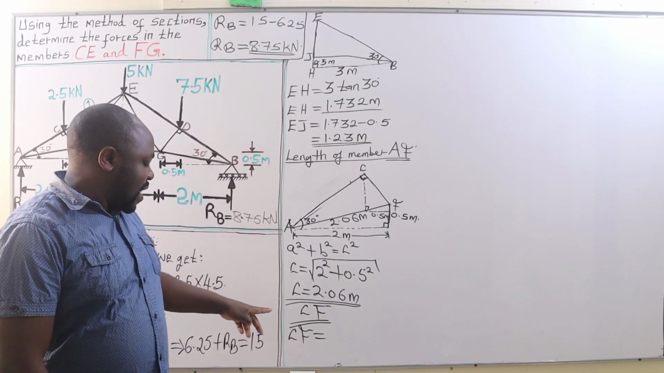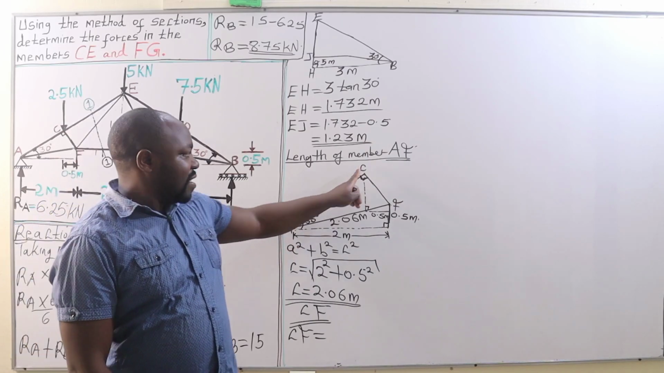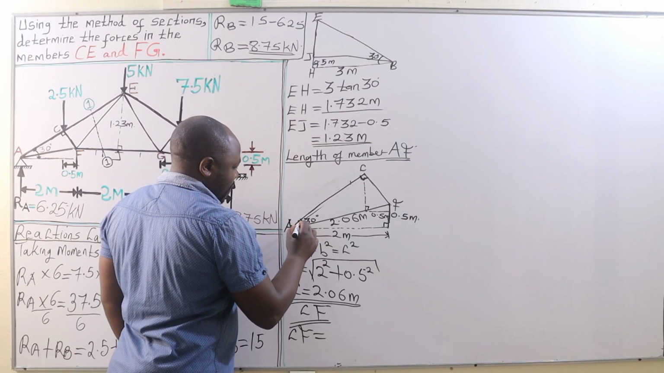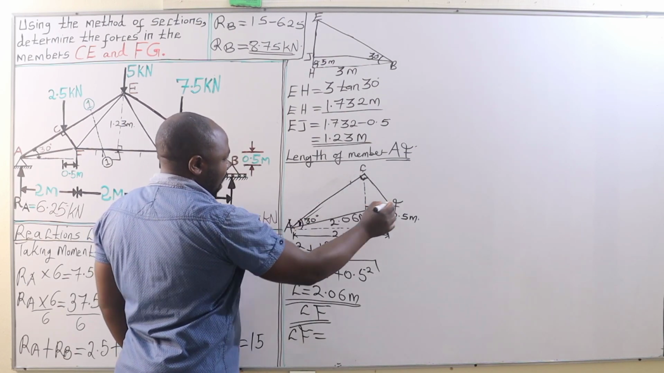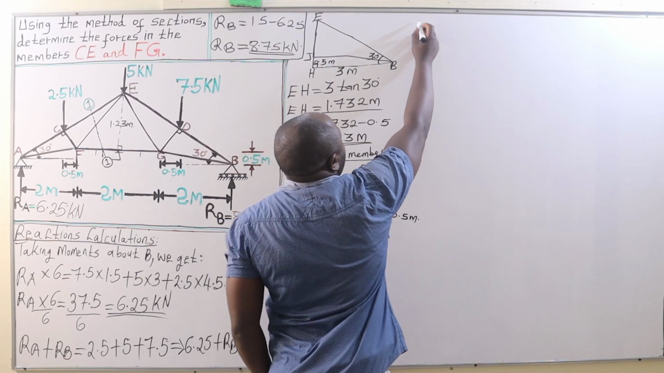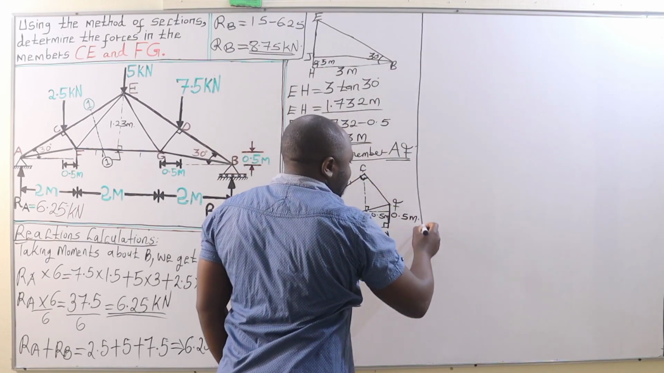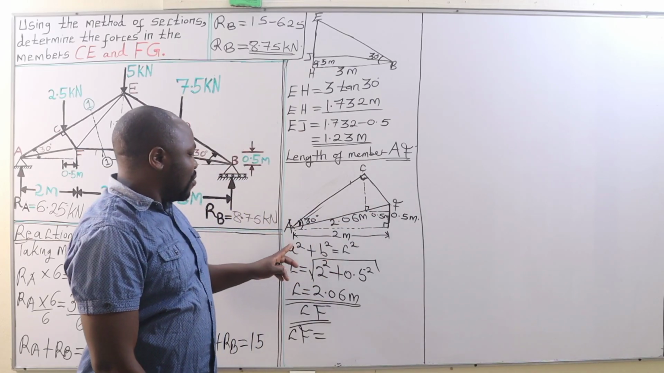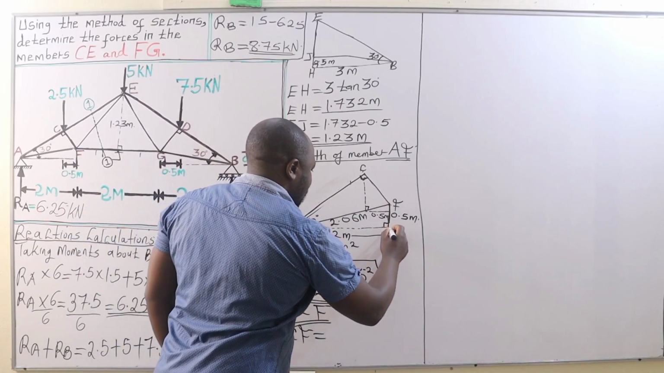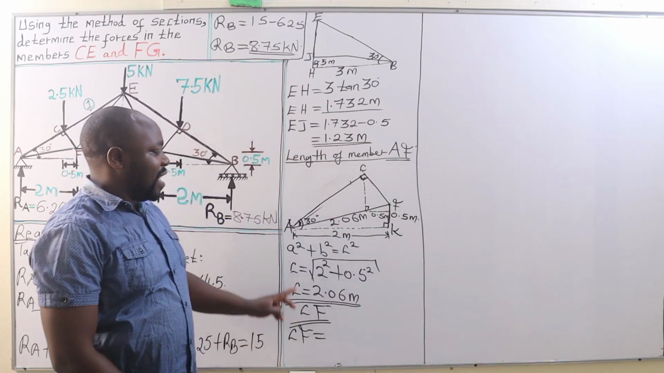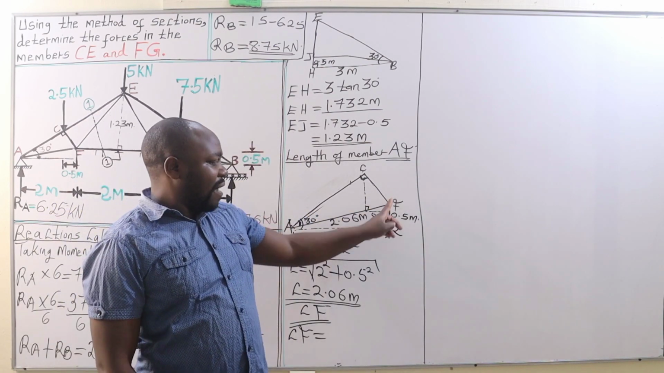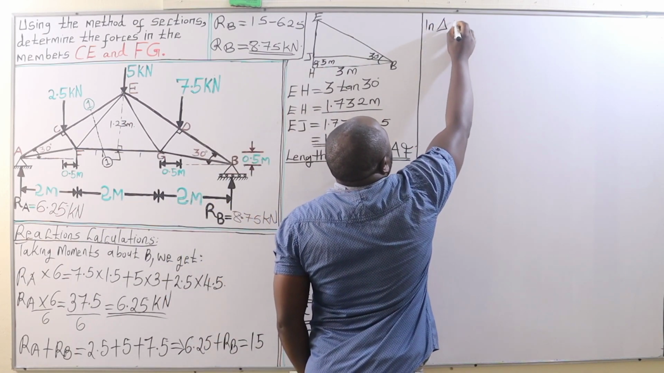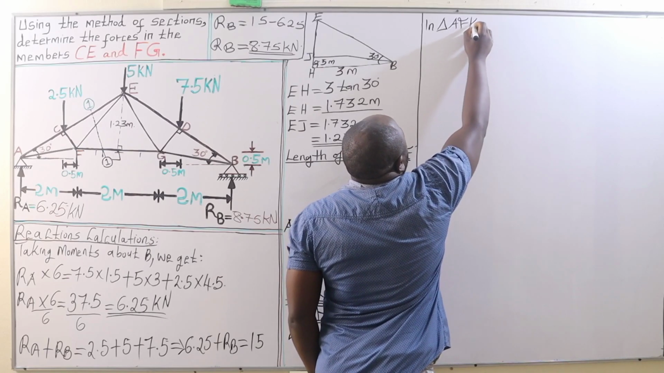Awesome. Now, to get the length of member CF, first of all, we need to determine the value of angle CAF. For us to get the value of angle CAF, we are going to use triangle AFK, where K is this point. Therefore, in triangle AFK,